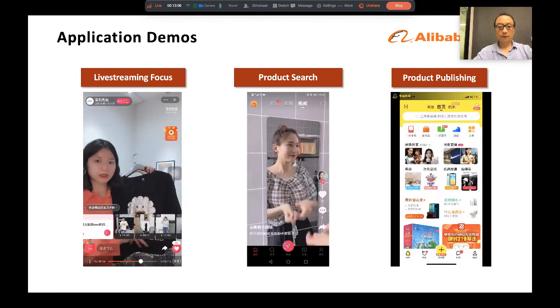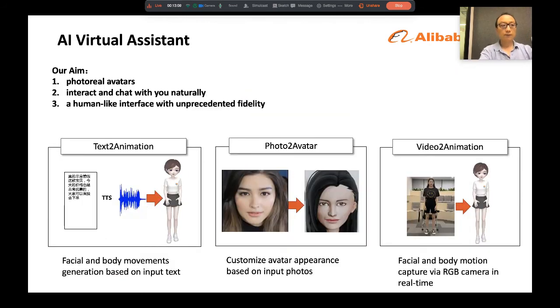Okay, so next let me introduce the technical exploration we have done in the direction of virtual AI assistants. There are different AI assistant robots deployed on e-commerce platforms, for example the chatbot used in help tasks, which usually takes the form of text or voice services. Here, we hope the development of AI-driven virtual avatars can bring the following business values.